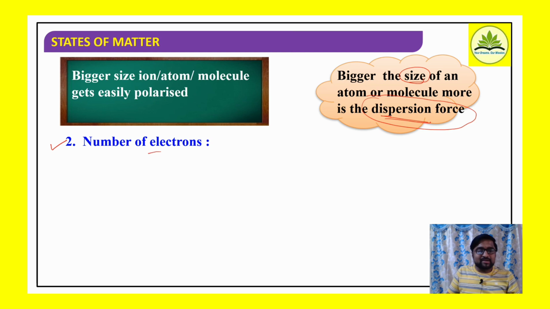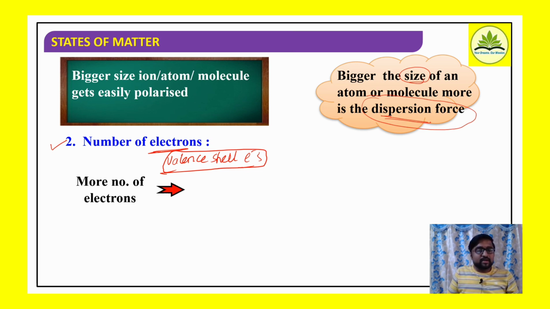So the second factor is the number of electrons. Here, number of electrons means particularly valence electrons. Here, which electrons are we considering? Valence electrons, the number of valence electrons. So the more the number of electrons, the more the negative charge. Are you getting it? If the species has more electrons, there will be more negative charges present. If more negative charges are present, then such molecules can be easily polarized. So we are relating how the number of electrons affects dispersion forces: the more the electrons, the more easily the molecules are polarized.